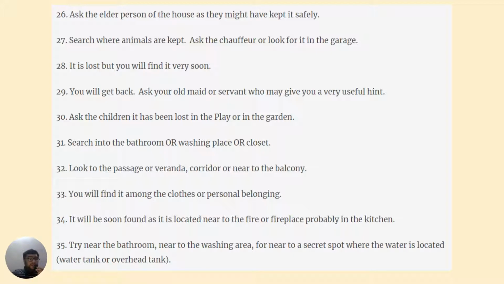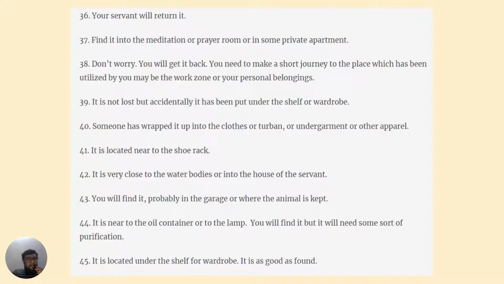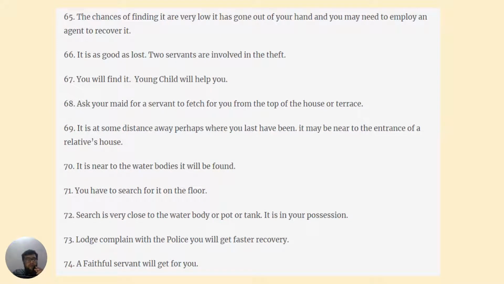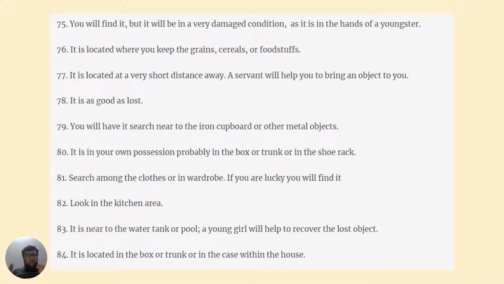Now near to the balcony, it can be in your own house, it can be the balcony of your own house, or you might have visited your friend or your relative, and it can be in their balcony. So it provides you some hints, like where you have kept that object. So these are all the list.